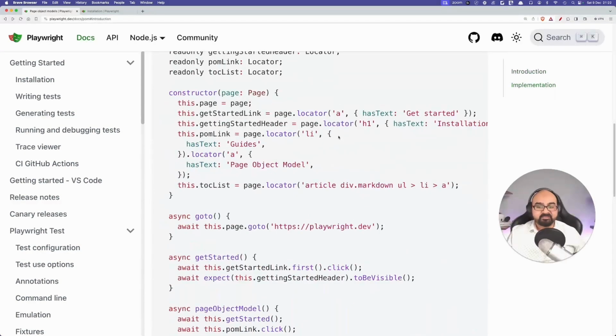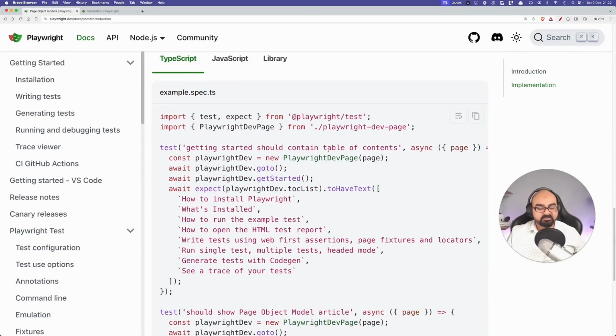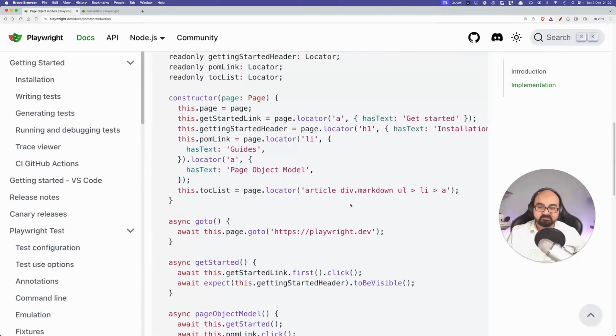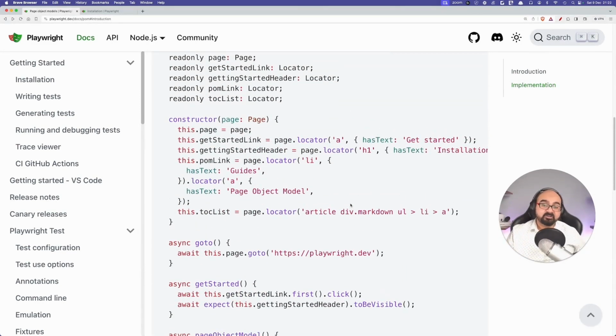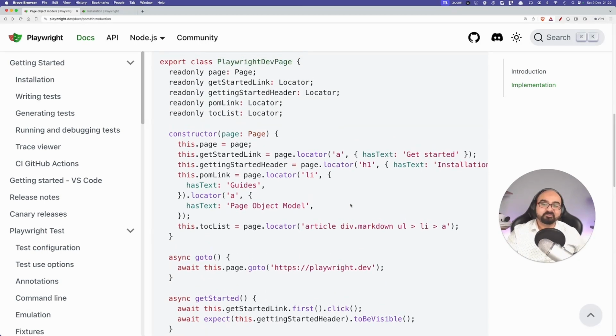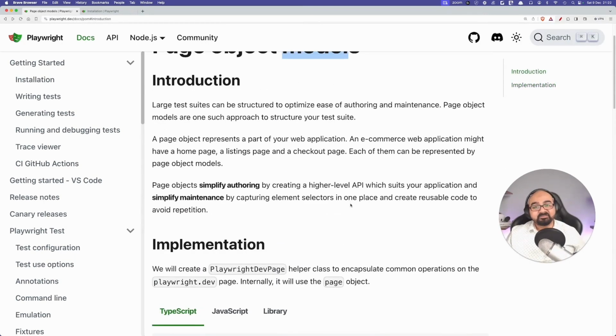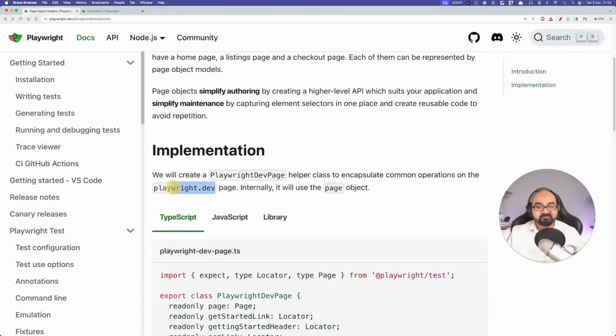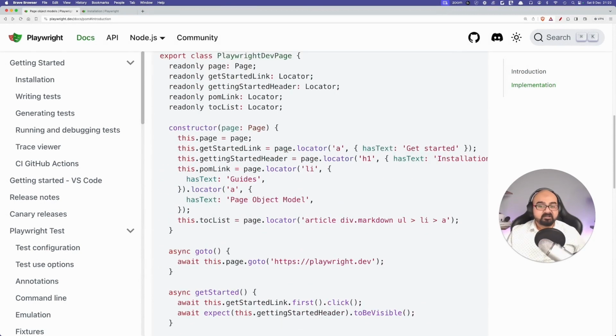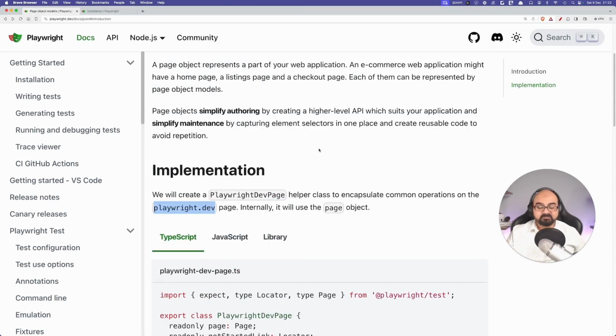The example over here is not great on the documentation, so I'm going to improve on this example. They might update this documentation later, so I'm just showing you what it is right now and how we will improve it. To improve anything, you need to look at what it is right now. So they are saying we are going to the playwright.dev website and we are grouping things according to page level